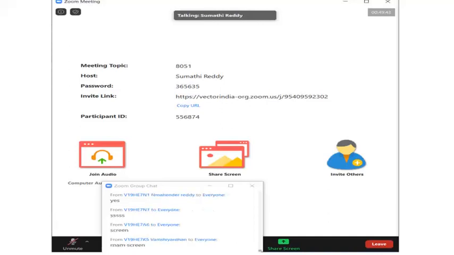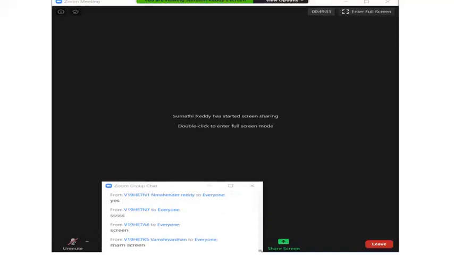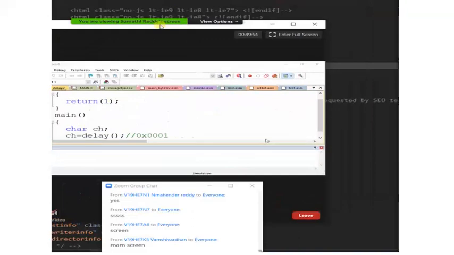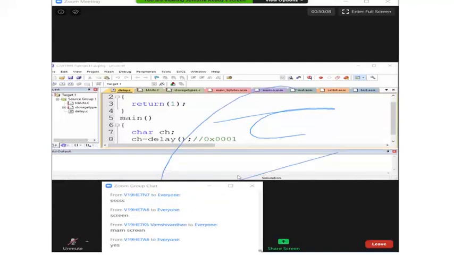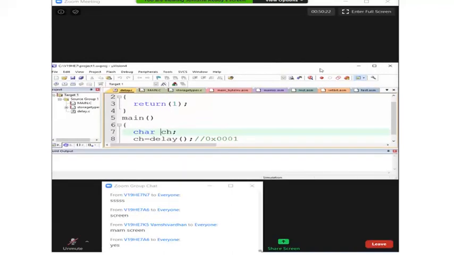Yes ma'am, I'm sharing the screen. Is the screen size visible to you? Yes, people started using the annotate. Why will you not even wait for a single minute? You want to enjoy the things. Now try to enjoy. I disabled the things. Screen size is okay for you, right?